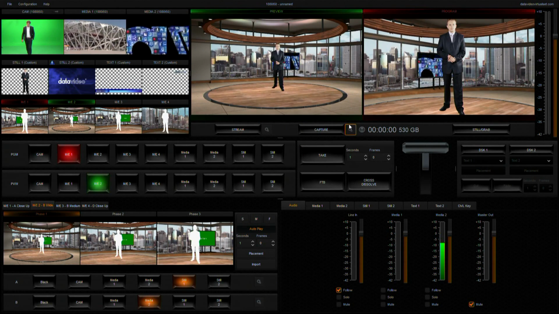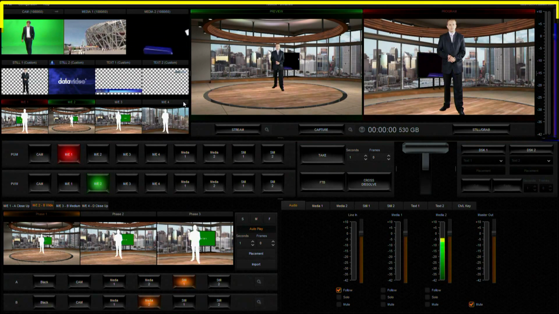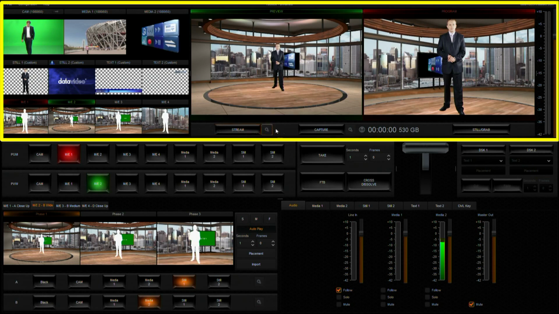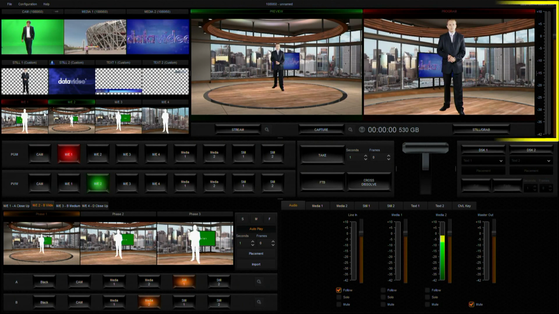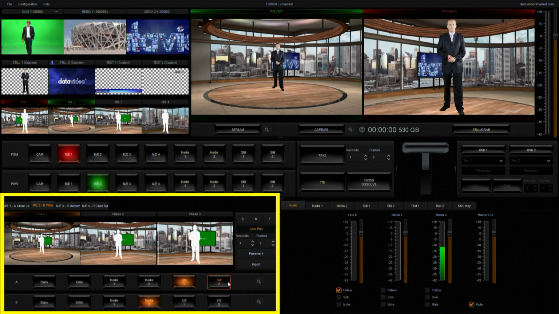The user interface can be divided into 4 major sections. The first section is the upper third of the UI, which contains preview screens of all materials, such as the camera, the media, the pictures, the text, and the 4 virtual background views, as well as the preview and program out screens. The second section in the lower left-hand corner of the UI contains 4 mix and effects layers, ME1